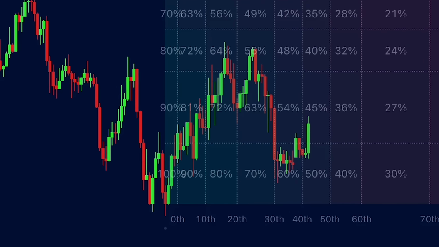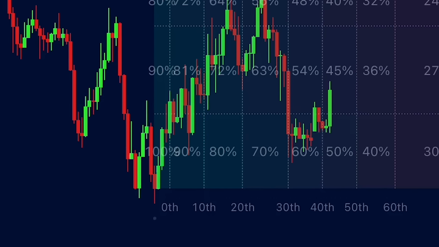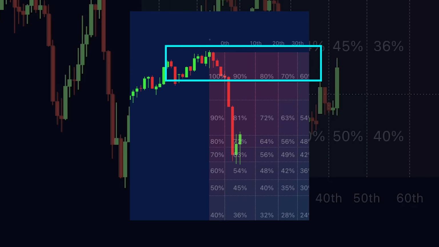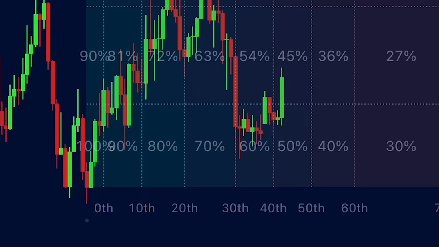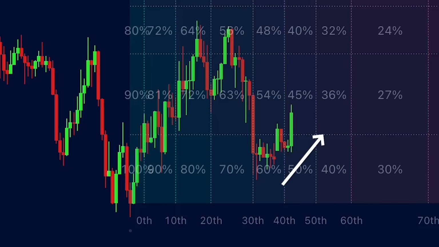First, you want to look for markets that have been consolidating for at least 20 to 30 bars to establish reliable probability zones. The grid will show you high probability reversal areas at both the upper and lower boundaries of the range. So when price reaches the 85% plus probability zone at range extremes, that's when you prepare for reversal